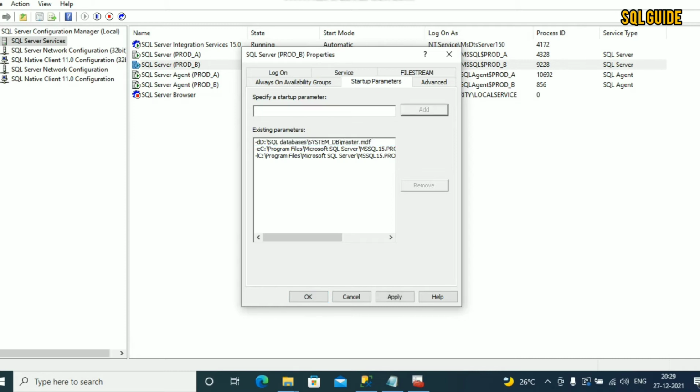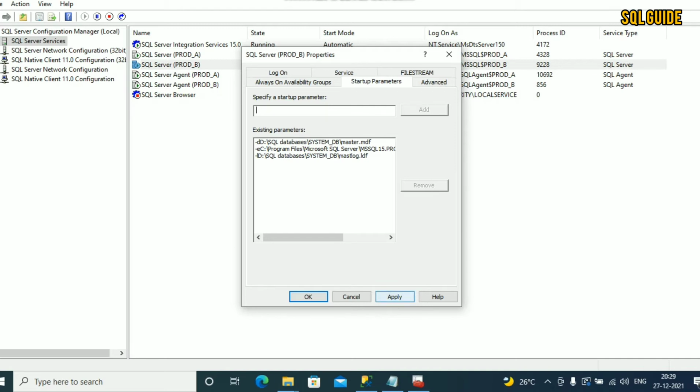Now go to the log file, go to -l. Okay, and here you change it for the log file. So for the log file, D drive SQL database system DB master .ldf. Okay, update it. Okay, now apply.